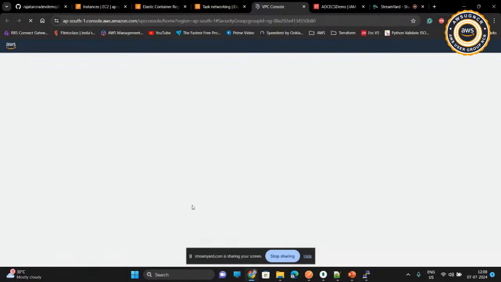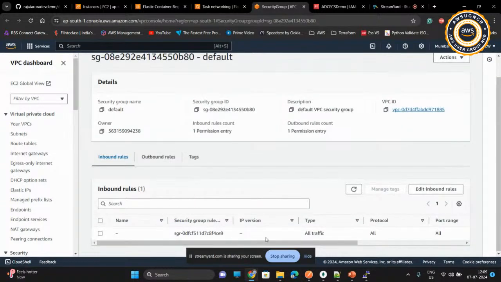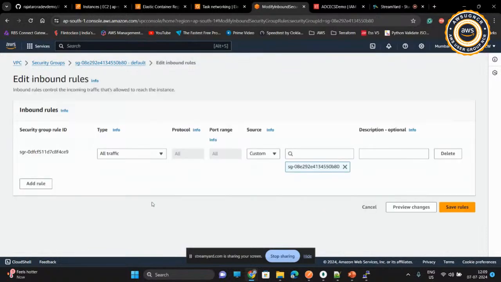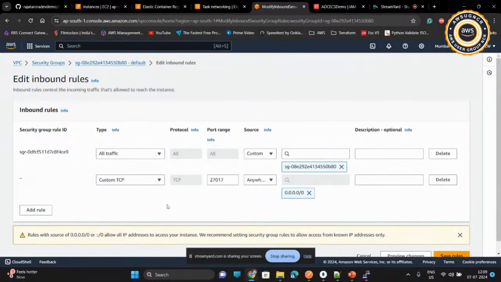You can define your own security group, but in my case, I'm using the default security group for all my services and containers. Right now, no inbound port is open, so I need to open the port for the MongoDB database, which is 27017,